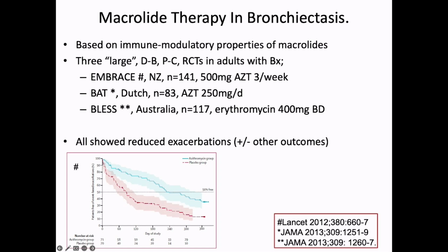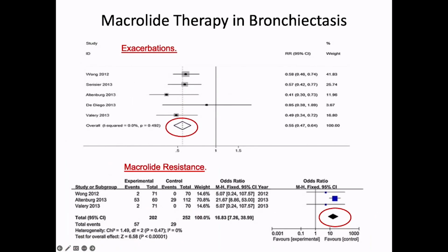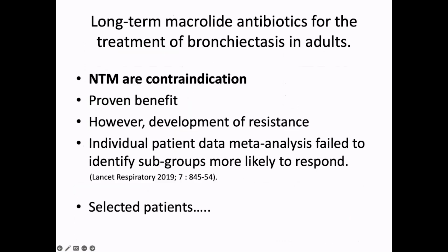Long-term macrolide therapy in bronchiectasis, well, we know on the basis of three large randomized double-blind placebo-controlled trials that long-term macrolide therapy reduces exacerbations in bronchiectasis by a clinically and statistically significant number. And although it reduces exacerbations, in the studies that have looked at it, it is, however, associated with the development of macrolide resistance. And so we need to step back a little bit in terms of the use of